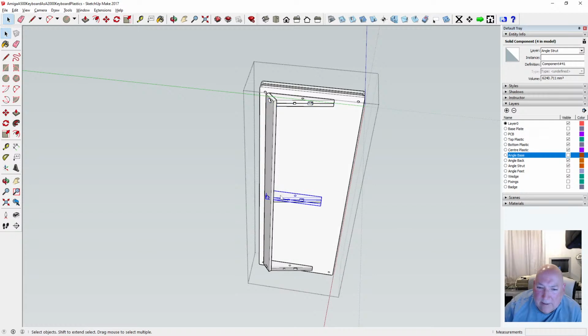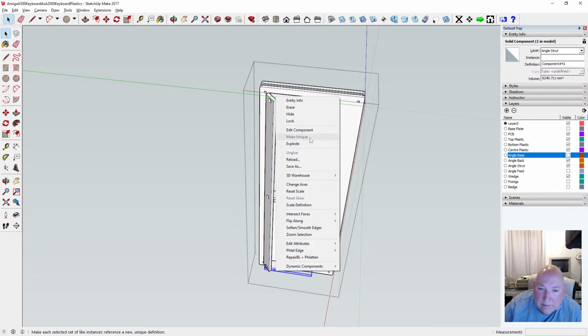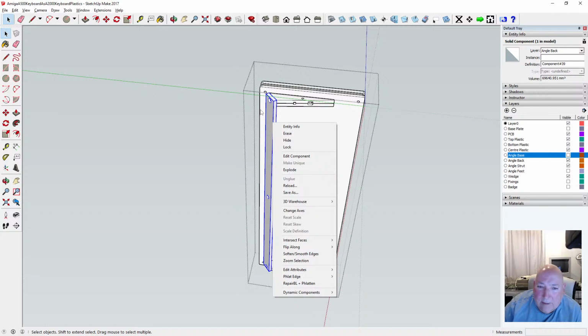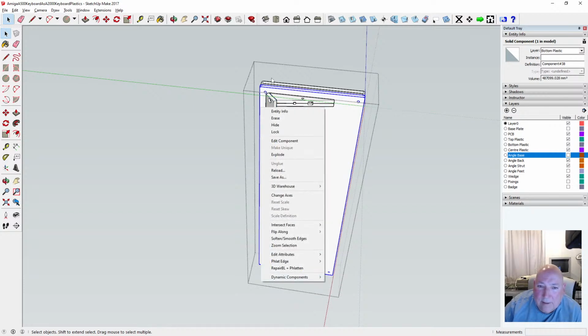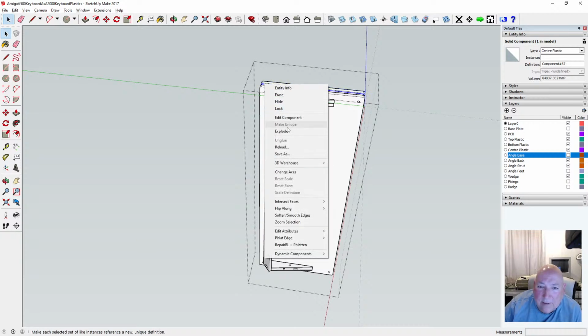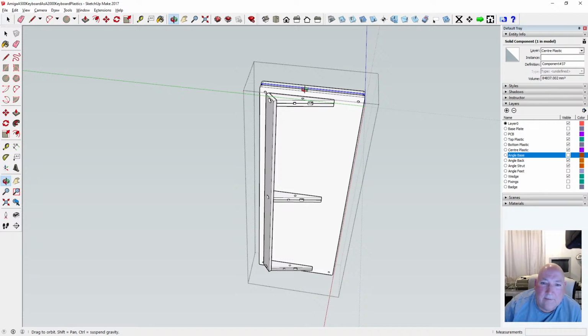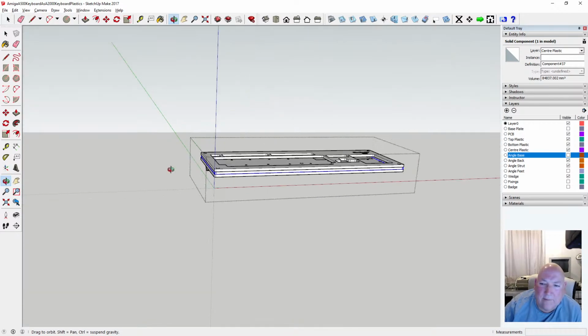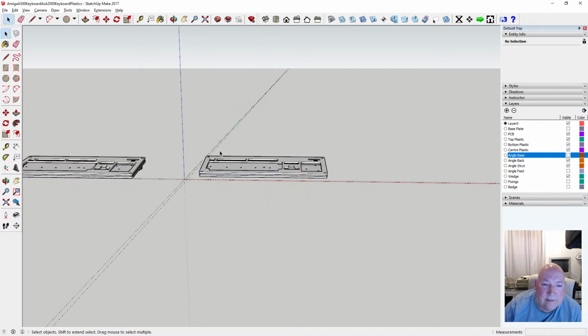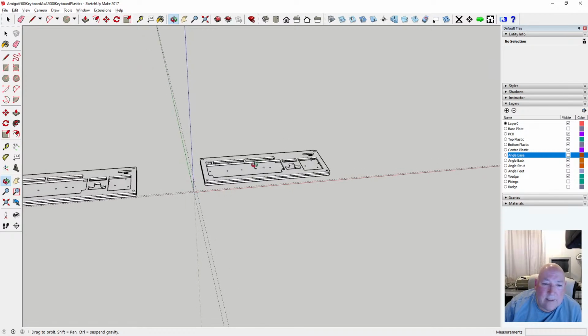We've already made that one unique. Make unique. Make unique. That's already unique. That's already unique, and that's already unique. There's nothing else there, plastic wise, so that's fine. So we'll come out of that. So we've got it there. Now we need to